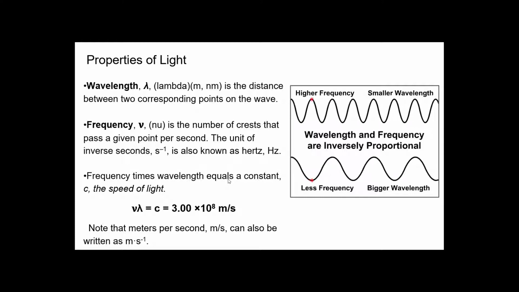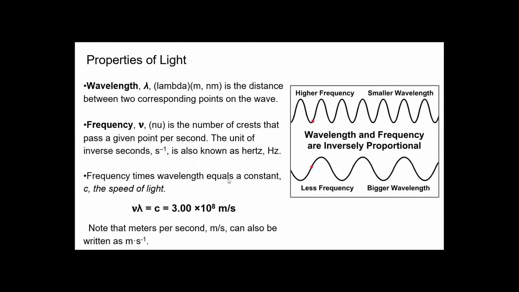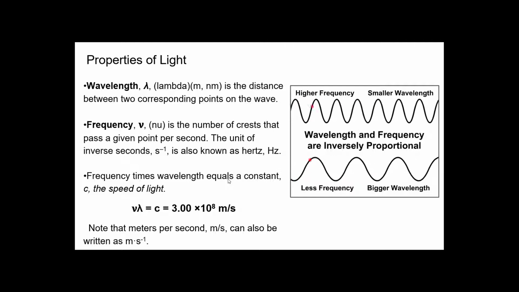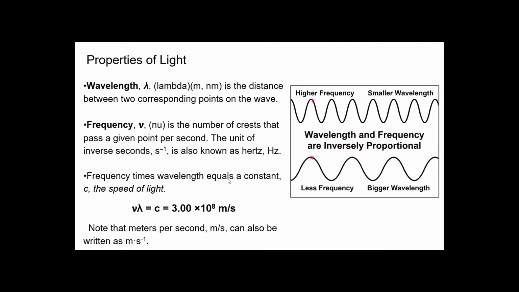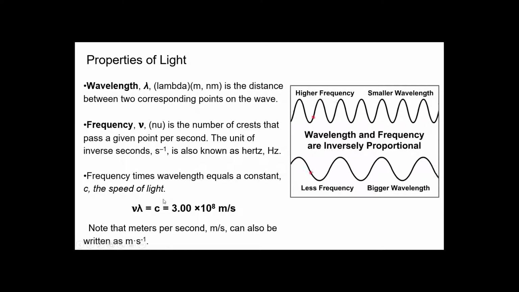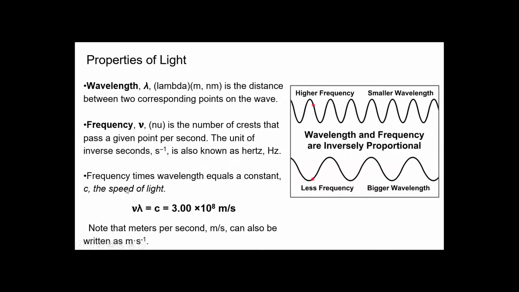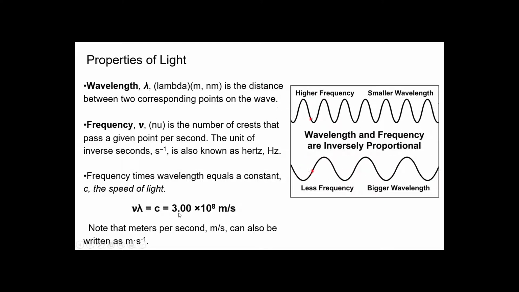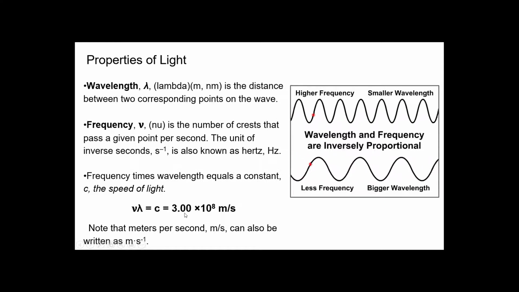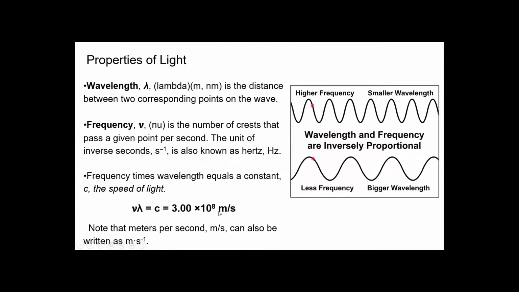That's the difference. You either have a slow wave or a big wave, and that's the frequency of it. The frequency is how many of these people walk by that pole in a certain amount of time. So frequency times wavelength equals a constant, and that constant is the speed of light. Some books have this as 2.998, others have this as 3.00 times 10 to the 8